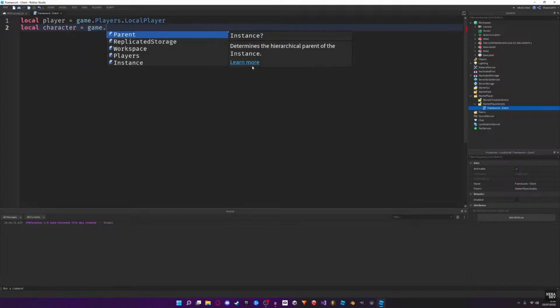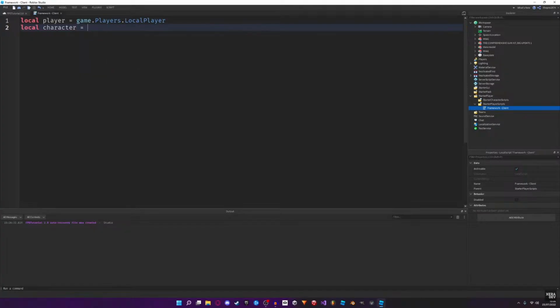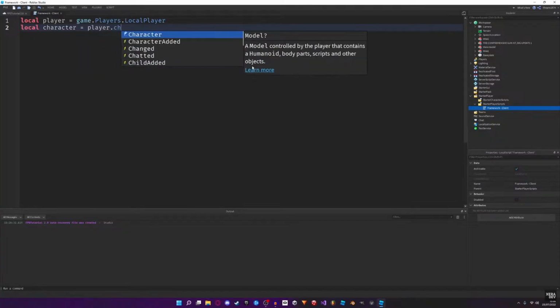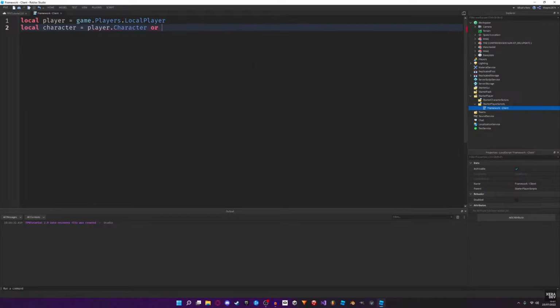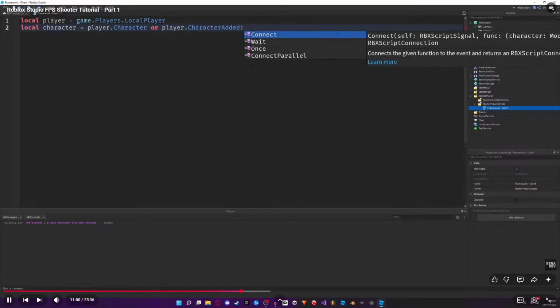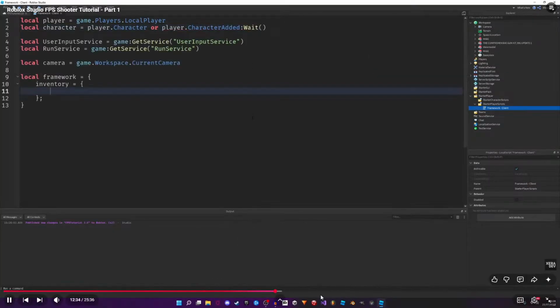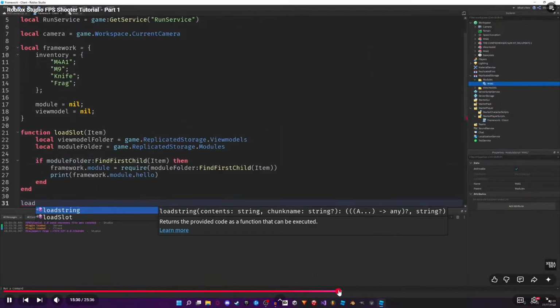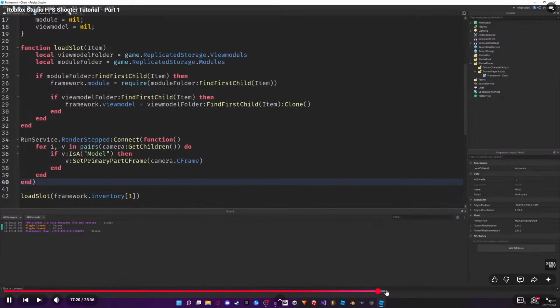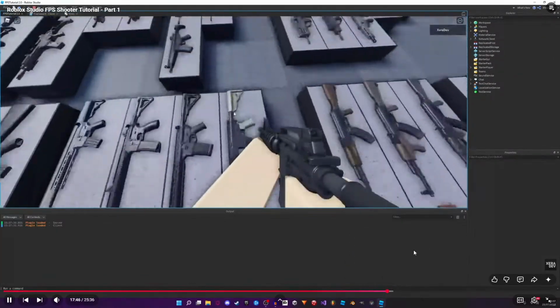equals player.character or player.character added colon with child. Just realized you can't change the item just yet,